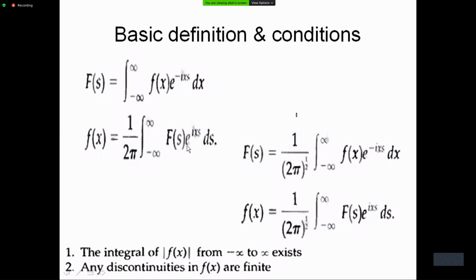The inverse transform is just, everything else being the same, a reversal of the functions and a change of sign. If you make any mistake in the signs here, you will see that you can substitute s by minus s or x by minus x, which causes a flip of the axis. You will get a sidewise flipped picture. All right.